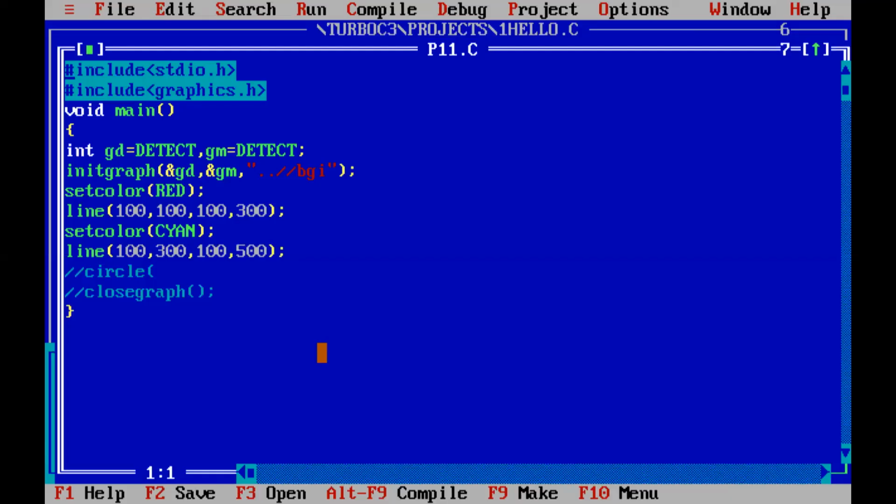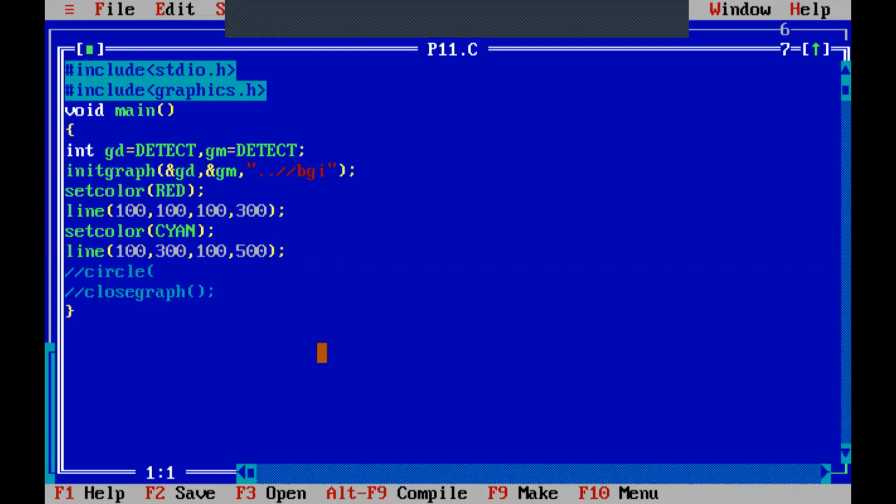Okay. So what I have done is I have used two colors. I have drawn two lines. First line is showing red color, second line is showing cyan color. Okay. So this is how we can draw the lines in different manner.